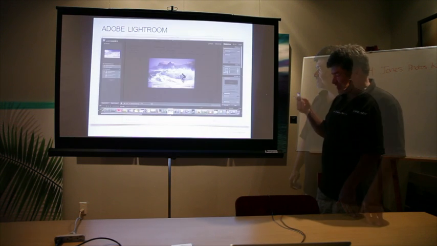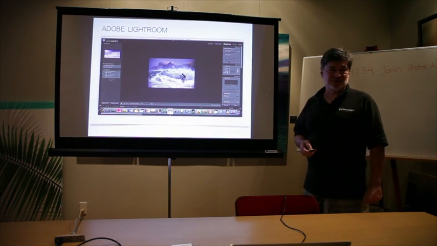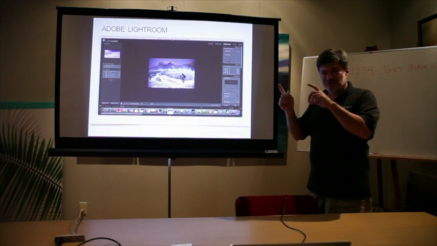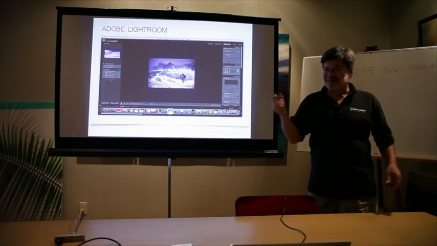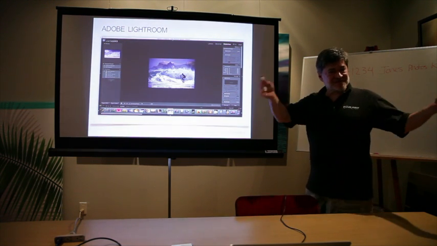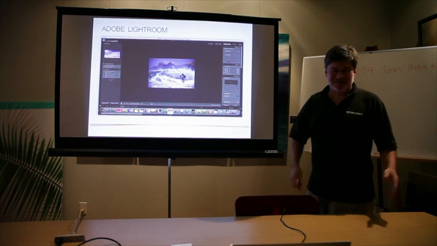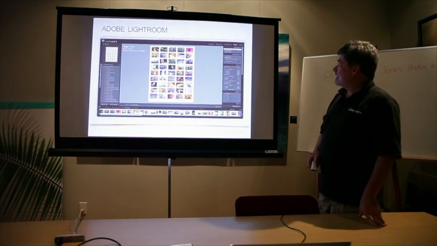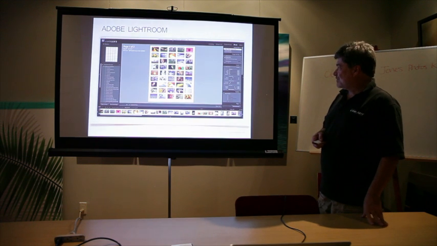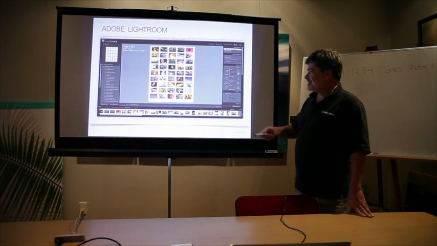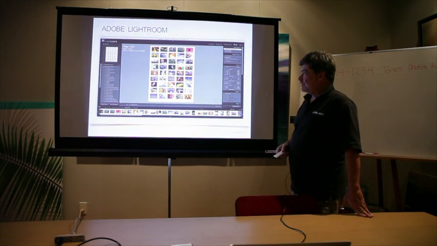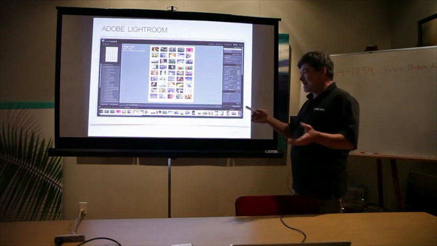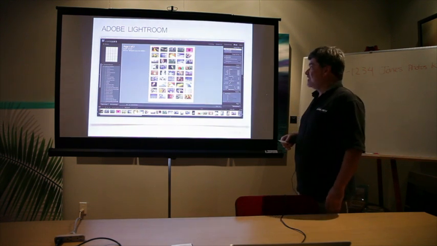Slideshow feature, which is real powerful too. Sometimes we'll have an event here and I'll do a bunch of shooting, and then I'll set up a slideshow, and while people are still here they can see the event they were just participating in, run on my large monitor. And then it has a print module too, which is real powerful, and you can print contact sheets, and it has pre-installed layouts, so you can do 5x7s and 8x10s and print packages,